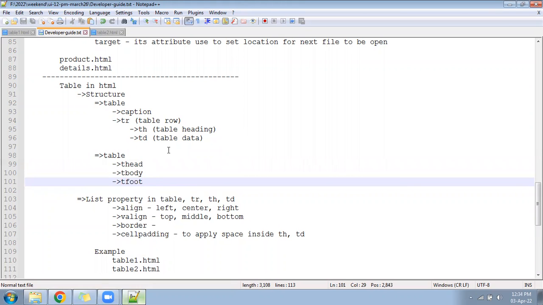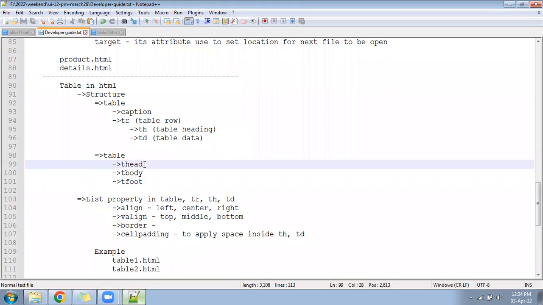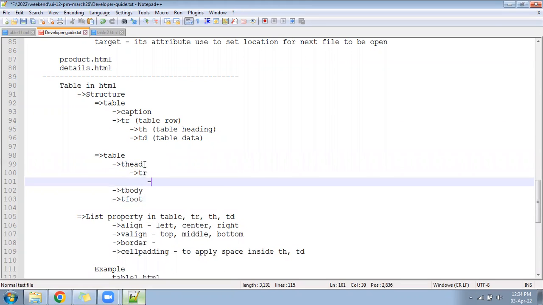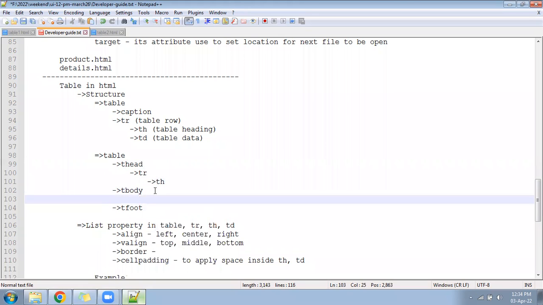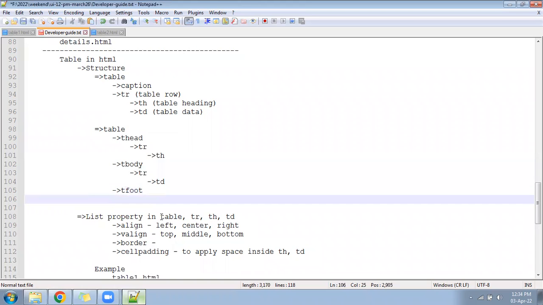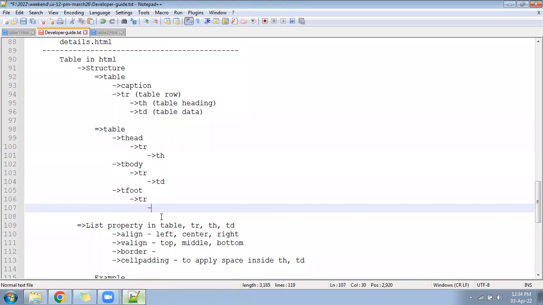Now T head will give you the TR, and under the TR you have to write only TH. T body will give you the TR. Here you have to write only TD. T foot will give you the TR, and it will also have TH. So this is suitable for